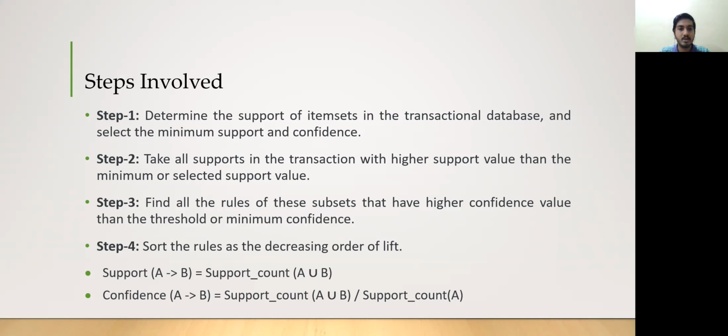Confidence. So confidence is something like, say, a confidence of P percentage implies that in P percentage of the transactions where events A and B have occurred together, event C has also occurred. Confidence is defined as confidence of A then B equals support count of A union B divided by support count of A.